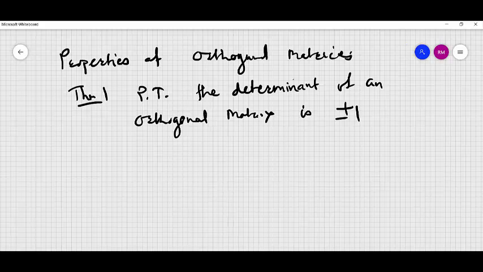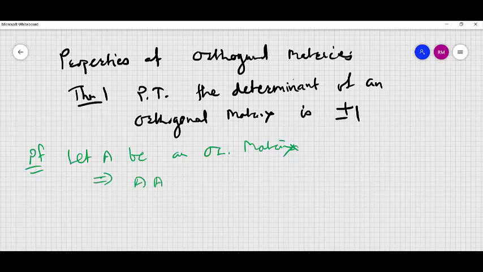How we have to prove? So proof is simple. Let A be an orthogonal matrix. So by the property of orthogonal matrix, A into A dash, or transpose, is equal to identity matrix. Take the determinant on both sides. If we take the determinant on both sides,